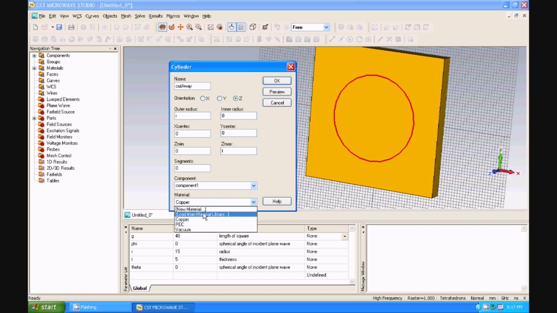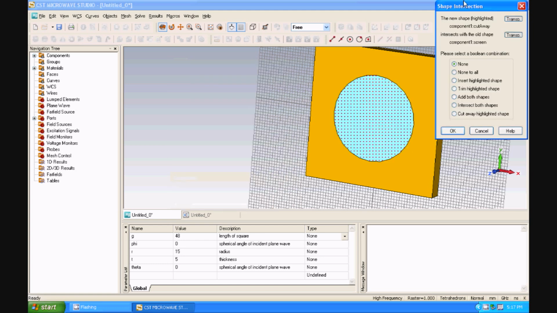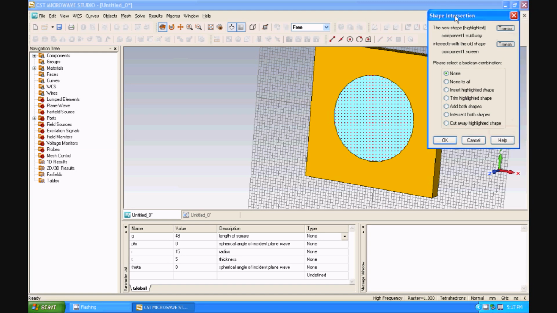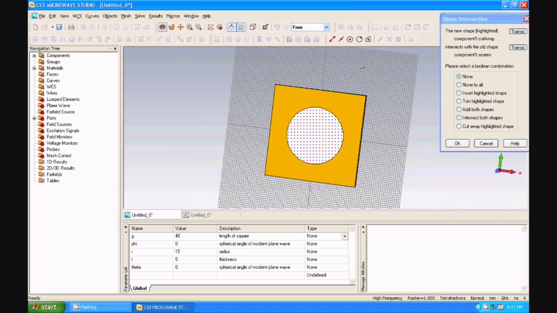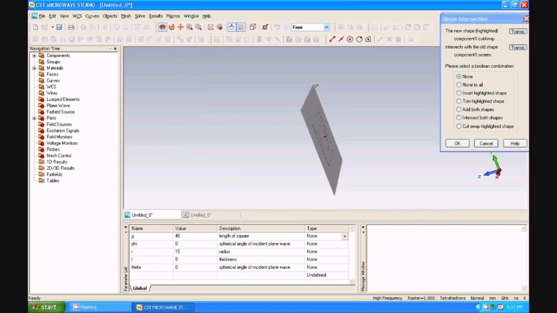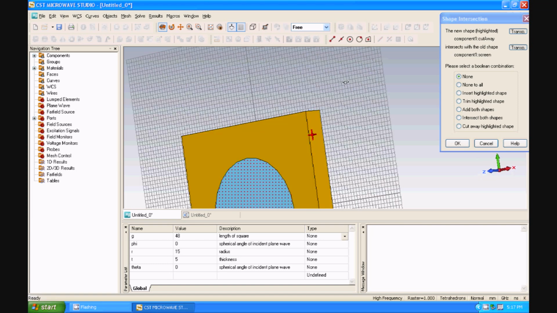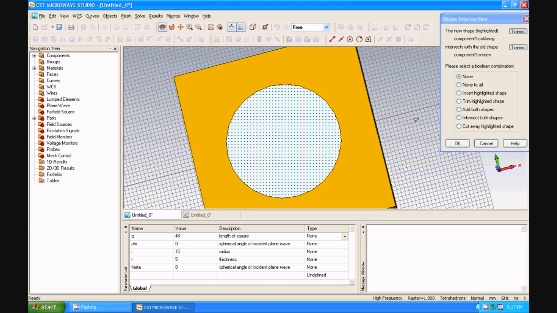Now, when you press OK, because now we're finished, you're going to be introduced to an important concept of Boolean shapes or shape intersection. And basically what that is, is that any time in CST, or in your model space, and your model space is basically all this space right here, anytime two objects of different types of material intersect, you're going to get this shape intersection window coming up, and it's going to ask you what it should do. Now there's a bunch of different